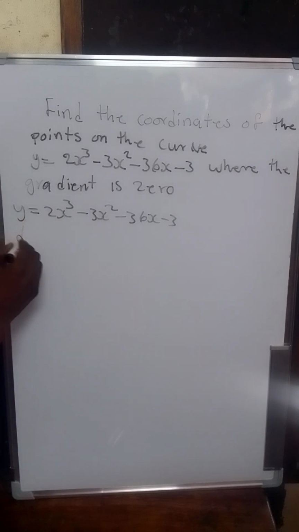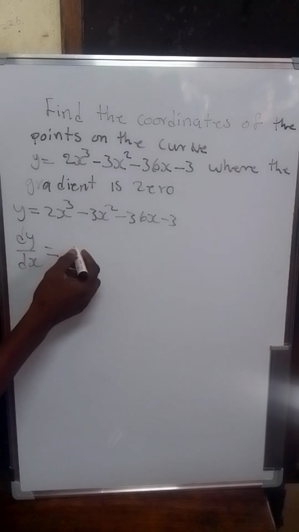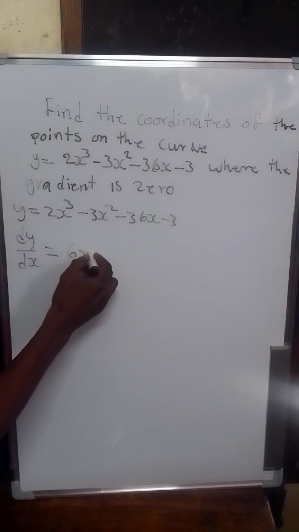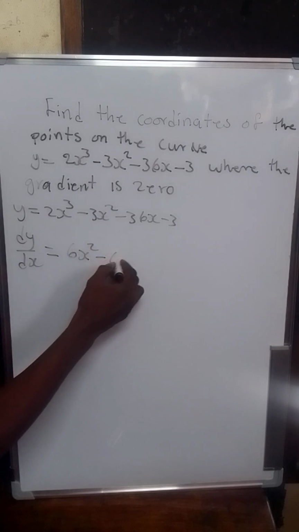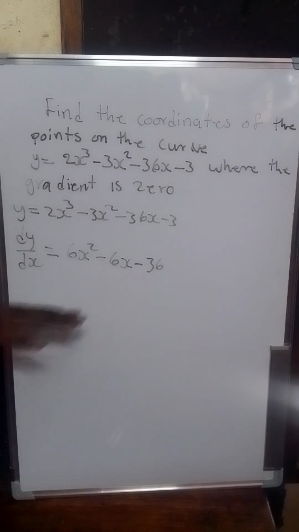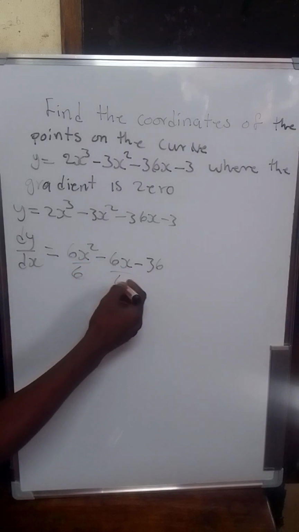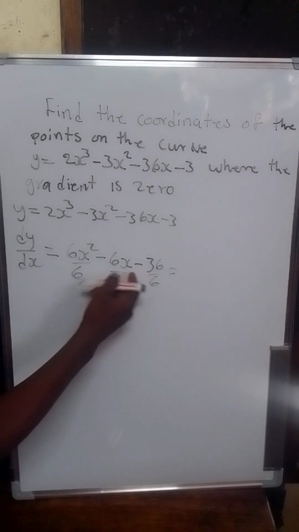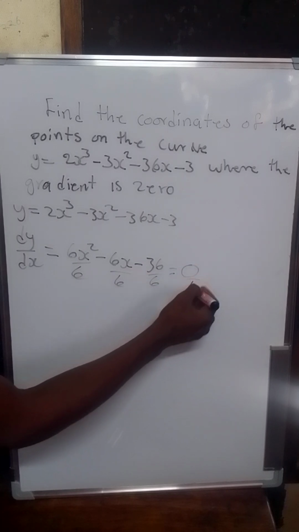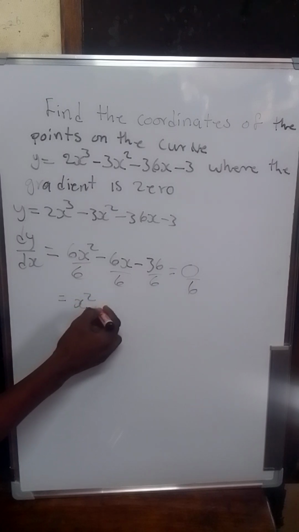So this gives dy/dx equals, we know how to differentiate, 3x to the power 2 minus 6x minus 36, and this is the derivative of this function. We can simplify this derivative, so we divide by 6 throughout this equation, and we know that this derivative is equated to 0. Okay, so that means our derivative is